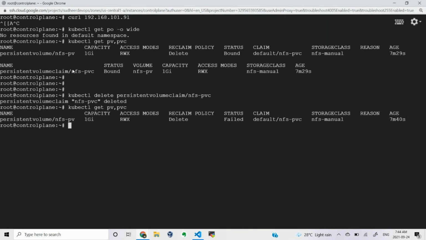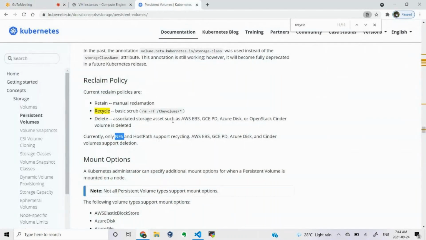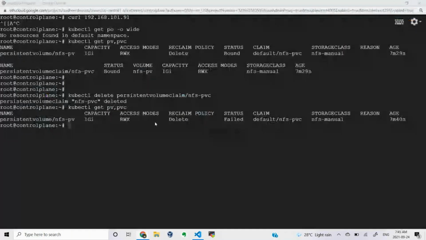Okay, because this deletion will be available only for the backend types called AWS EBS, GCE PD, that is a persistent disk, okay, Azure disk, OpenStack Cinder. Only for them this will be available. If you try to use NFS, host path and all, they don't have a permission to go and delete that particular directory, which you have tried to mount. Okay, so that's the one thing we have to remember.